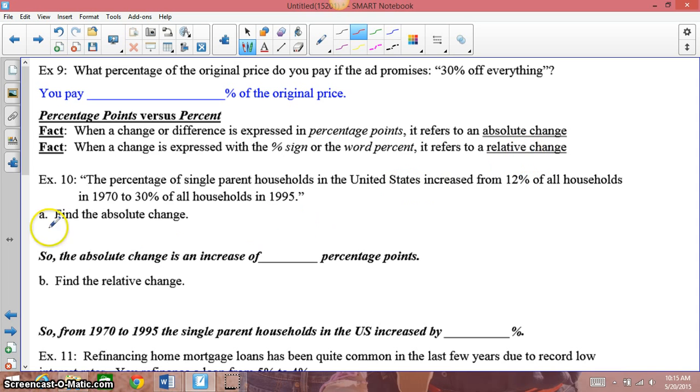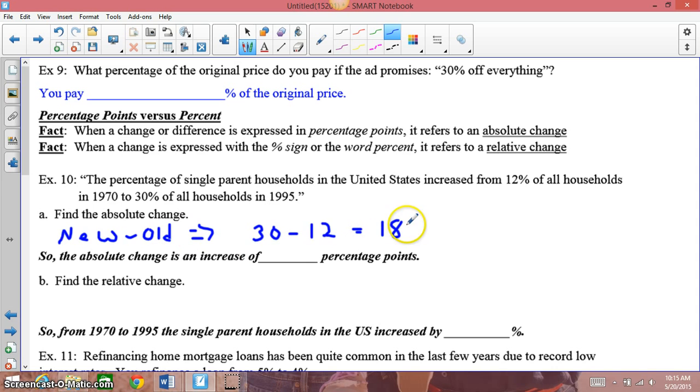So to sort of see what I mean by that, in example 10, percentage of single-parent households in the U.S. increased from 12% in 1970 to 30% in 1995. I want to find my absolute change. So absolute change is just new minus old. So looking here for our problem, the new amount of single-parent households is 30%, minus the old amount, 12%. 30 minus 12 then is 18. We can say then the absolute change is an increase then of 18